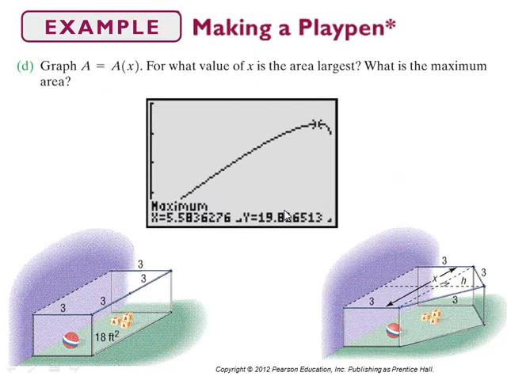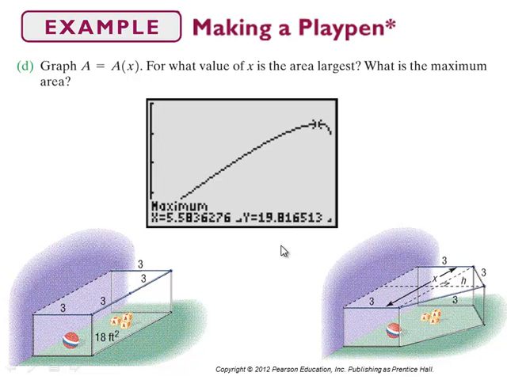Then here you've got a graph of that area function. And then you use that maximization utility from the calculate menu, and find that maximum value point, which is going to happen at this x value right here, 5.5836276,